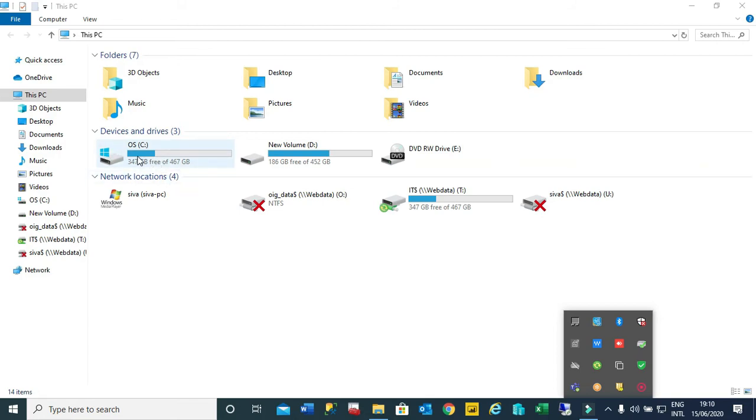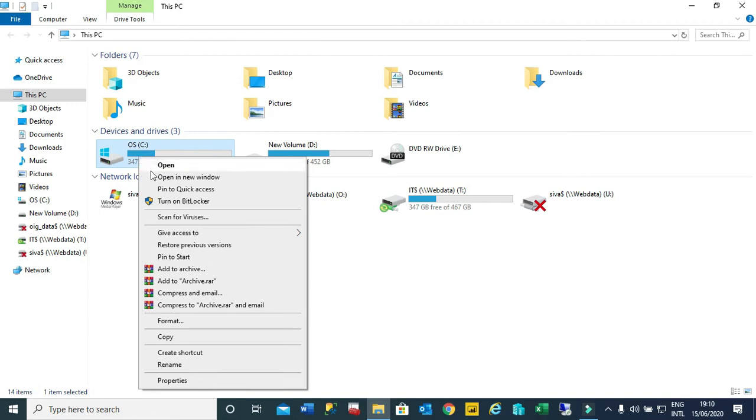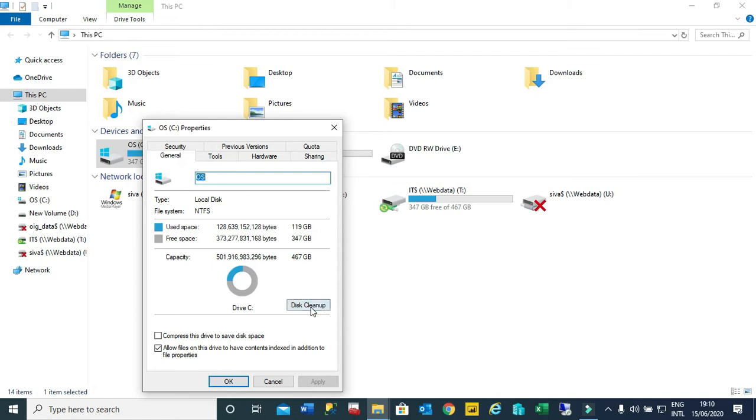Clean up means you need not delete all the files in there, but Microsoft has given an option which I'll be showing you right now. Just right click on this C drive and go to properties, and there is a disk cleanup option. You can do this disk cleanup every 3 months or 6 months. If you do, this will clean up all the temporary junk files in the C drive, and this will speed up your laptop.